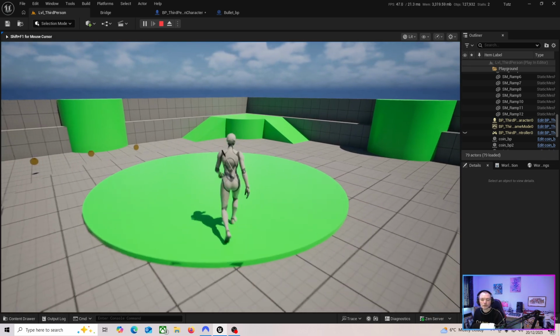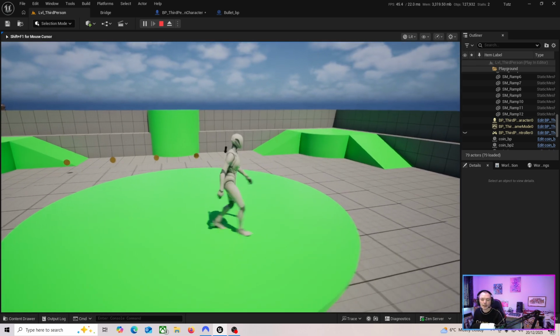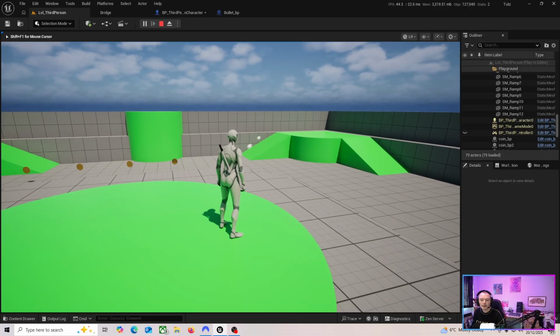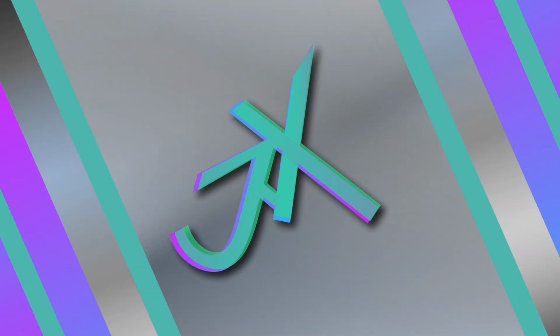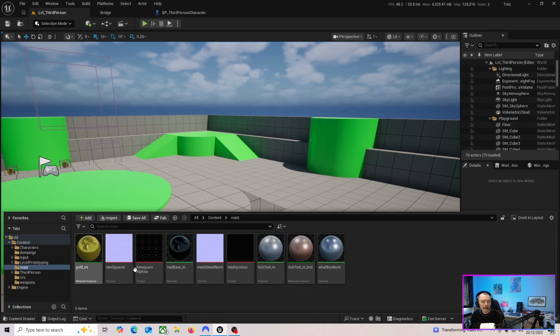So in today's tutorial, I'll show you how to do a very simple spawn projectile. See, when I press the right mouse button, it's spawning projectiles. To start with, we're going to go into the third person character and we're going to add an arrow